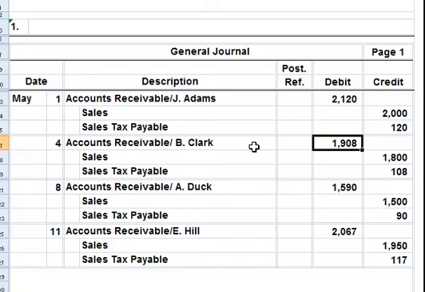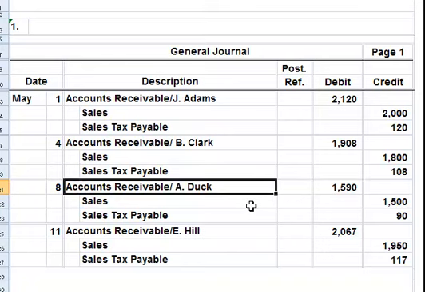And number 8, sold merchandise on account to A. Duck, $1,500 plus sales tax. So $1,500 is the amount of the items that he bought. Calculate the 6% sales tax on top of that. He owes us $1,590. Debit accounts receivable, and then further debit his specific account,